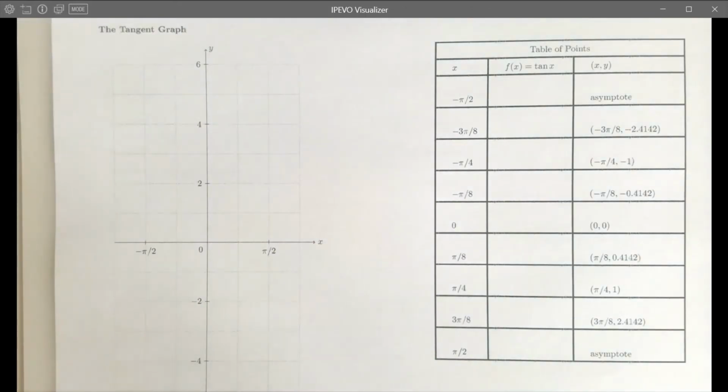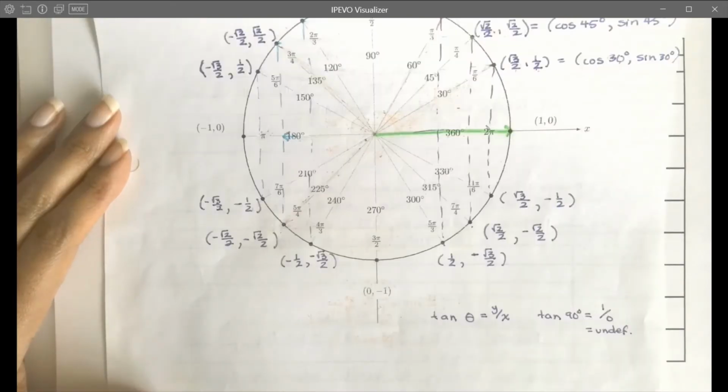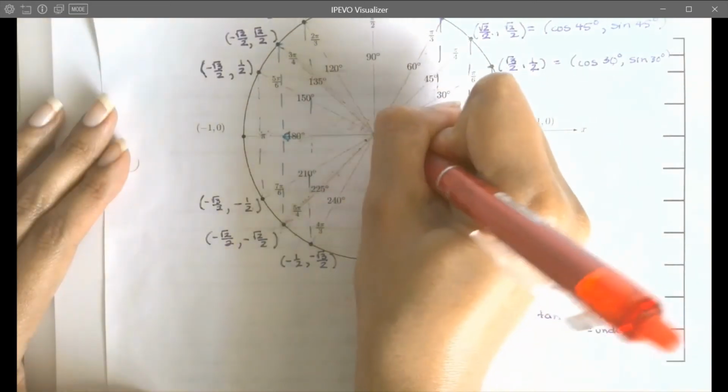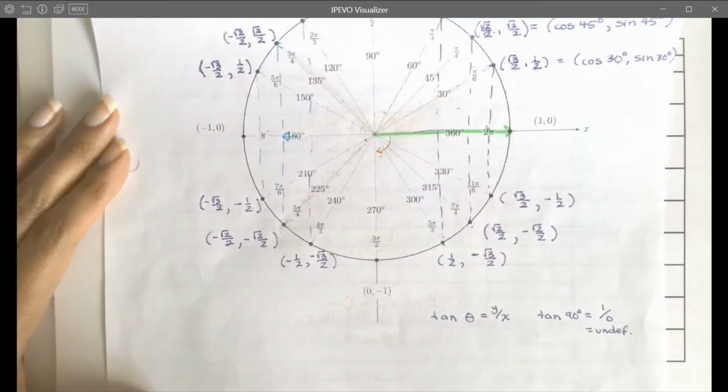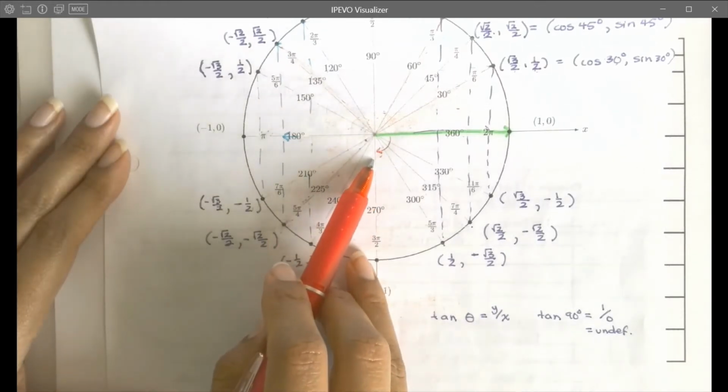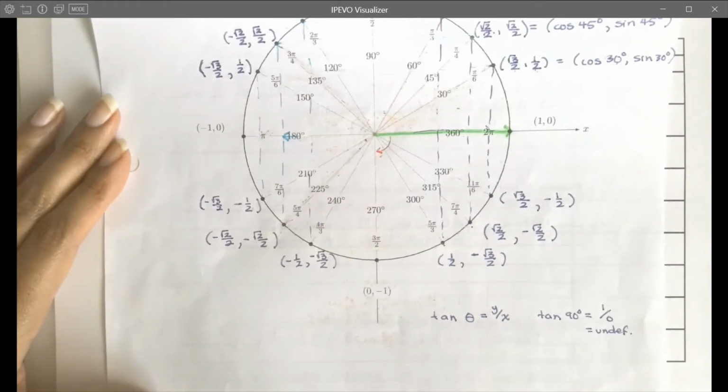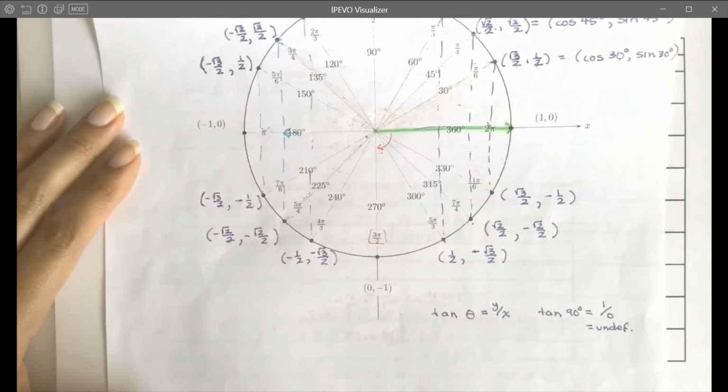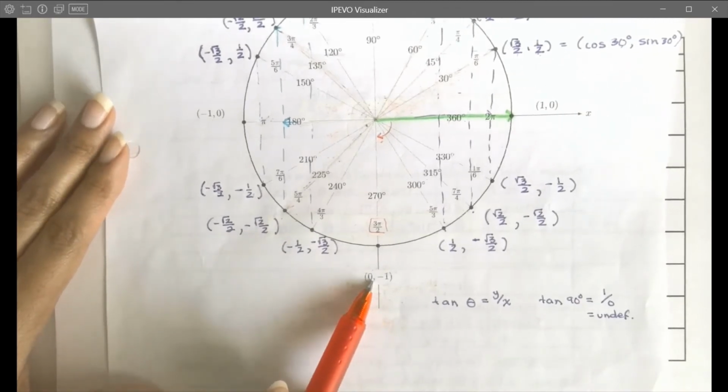So the first x value is negative pi over 2. And we can actually find negative pi over 2 on our unit circle. If you take a look at the unit circle, negative pi over 2 is going to be an angle that opens clockwise, and it's going to open 90 degrees because if you recall, pi over 2 is the same as 90 degrees, but in the clockwise direction is how we get the negative part of it. So that corresponds to a coterminal angle of 3 pi over 2, and the point that's associated to it is